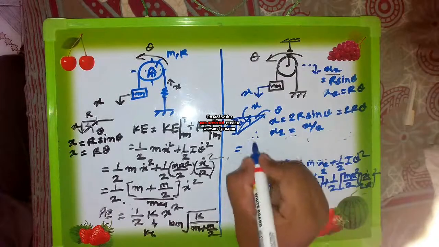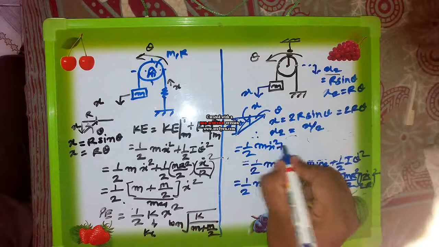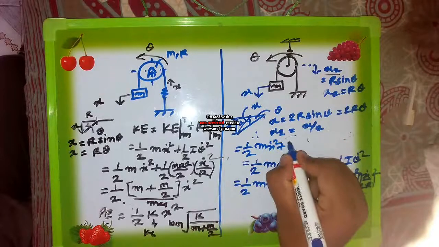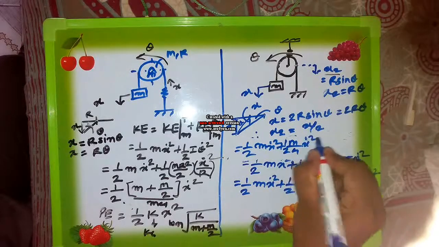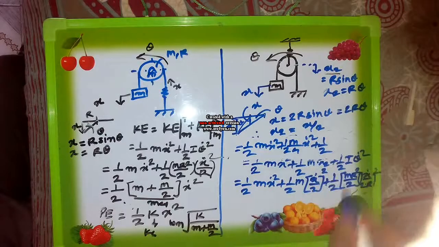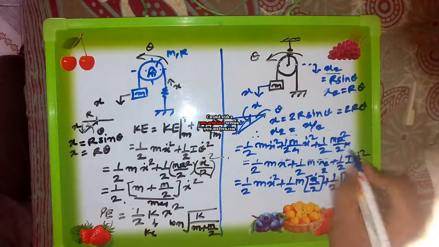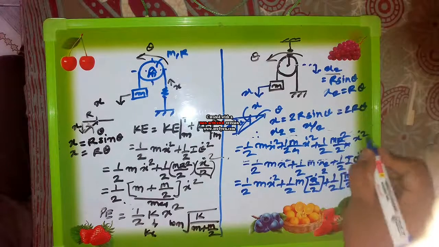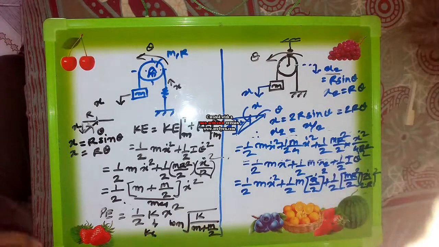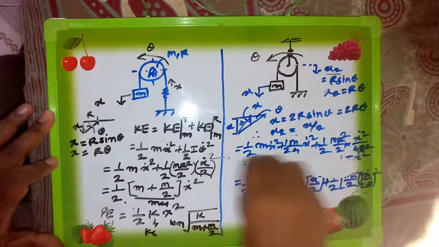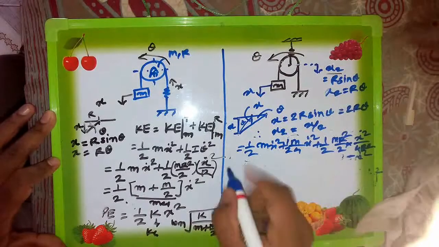Now this is equal to 1/2 into mass m into x dot squared plus 1/2 into M divided by 4 into x dot squared plus 1/2 into M r squared by 2 into x dot squared upon 4r squared. After further simplification, what you will get is